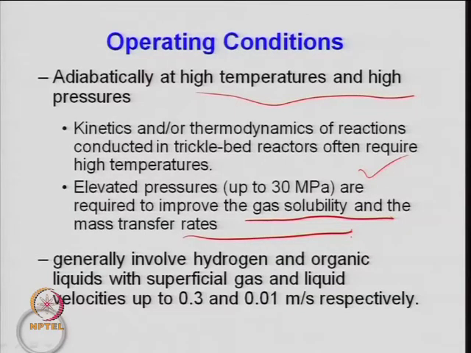So, you are oxidizing basically and you get carbon dioxide, something like that. These kinds of reactions are generally done in a trickle bed reactor. So, when you have this, the superficial velocity of gas and liquid is important. Depending upon the gas to liquid ratio, the superficial gas velocity or liquid mass velocity L divided by the gas mass velocity G.